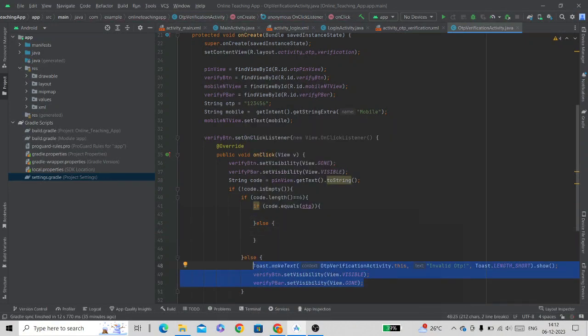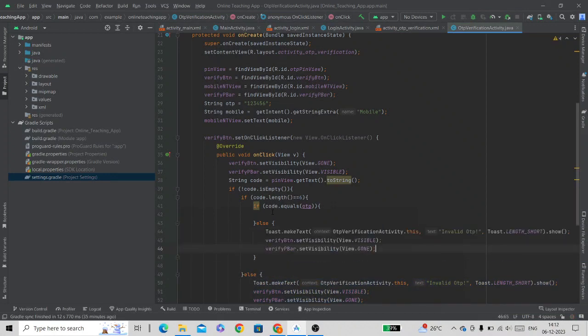That's why we will copy this message and paste it here. And if this condition gets true, means the OTP and the code is equal, then we will create an intent to redirect our screen from this OTP verification activity to our next activity, which is our dashboard activity.